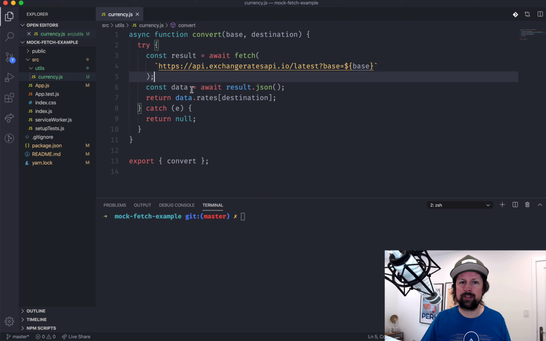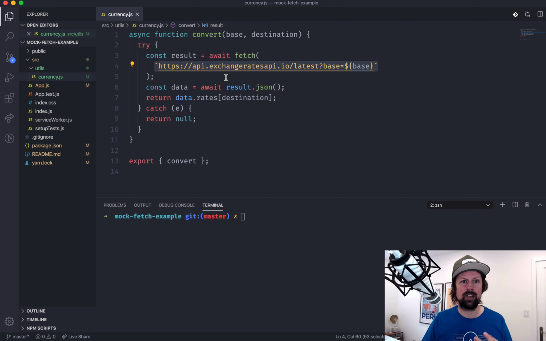Well, when you're running your test, there's a few reasons you wouldn't want to make real HTTP calls. Number one, because they're a little slow. So if you got a lot of tests, they're all making calls, your tests are going to take a while. Number two, the responses aren't consistent. In this case, we're calling to get the rates converting a currency from, say, USD to CAD, to Canadian dollar. It's changing every day, so you could never really write a test because you don't know what value you're going